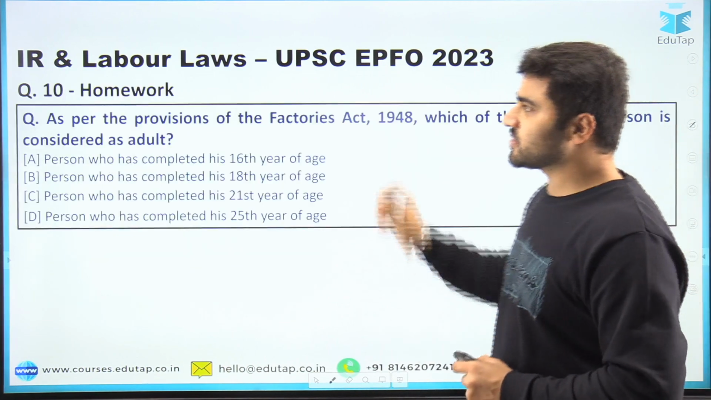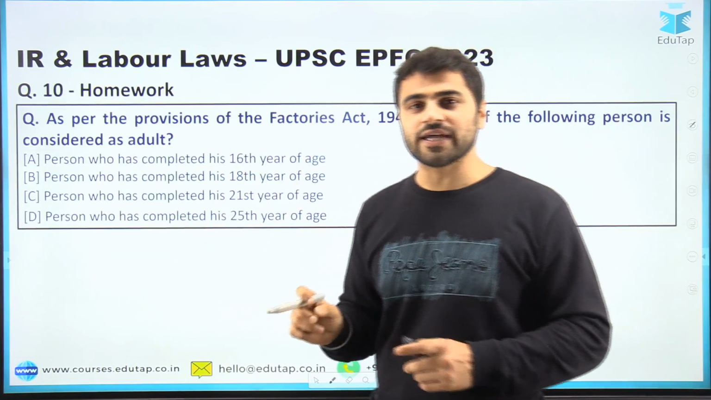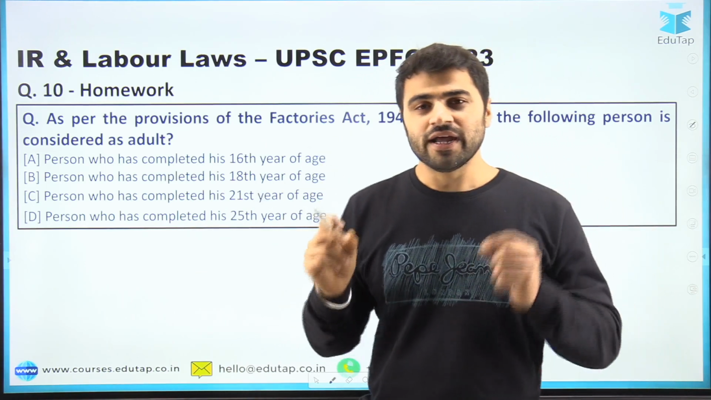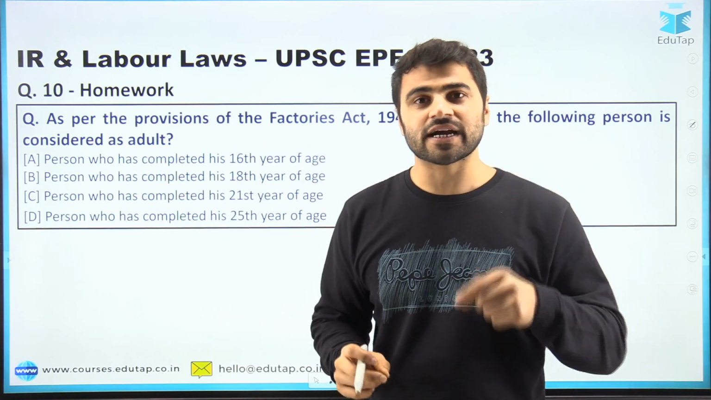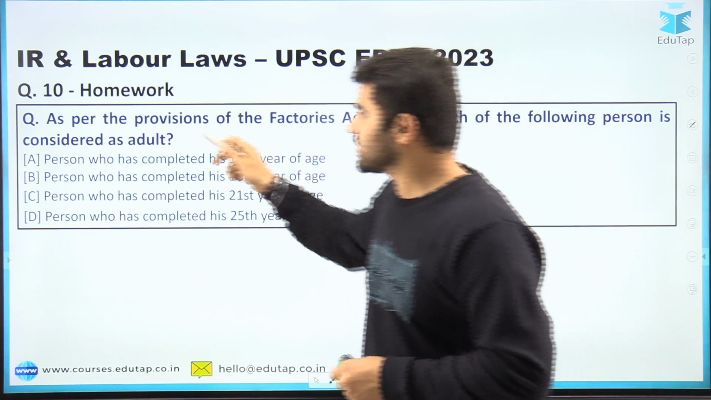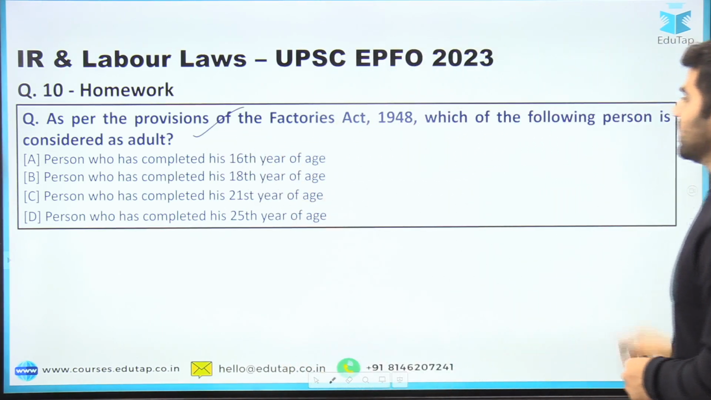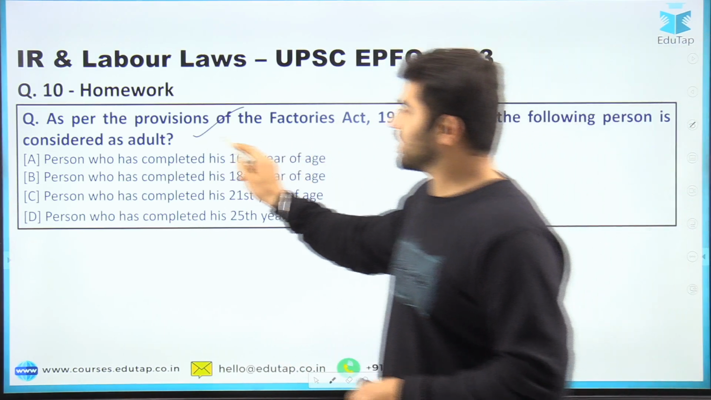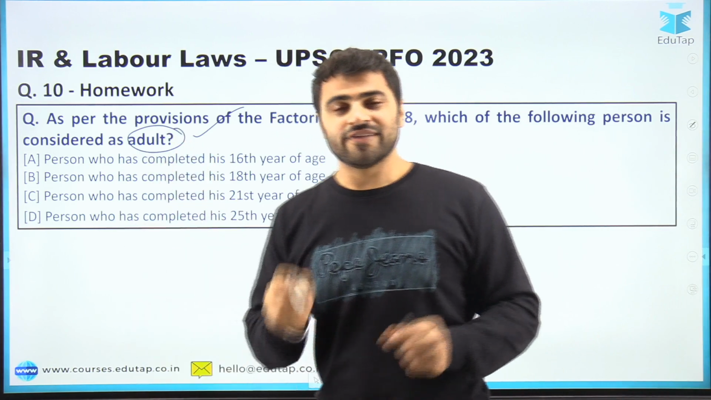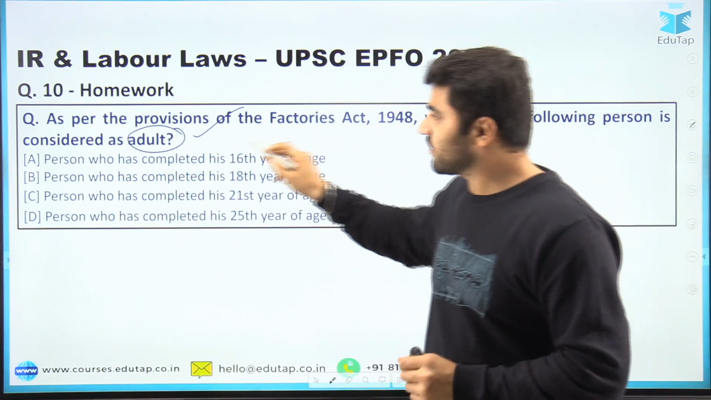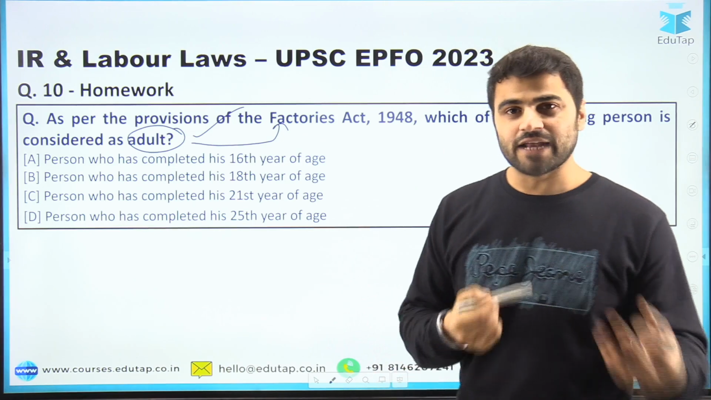Now guys, last question, which is a homework question for you. You know very well the rule that the last question is the homework question and you have to write the right answer in the comment box, right? So the question is, as per the provisions of the Factories Act, which of the following persons is considered as an adult? Very, very important concept, very, very important definition under the Factories Act, which can be asked in the